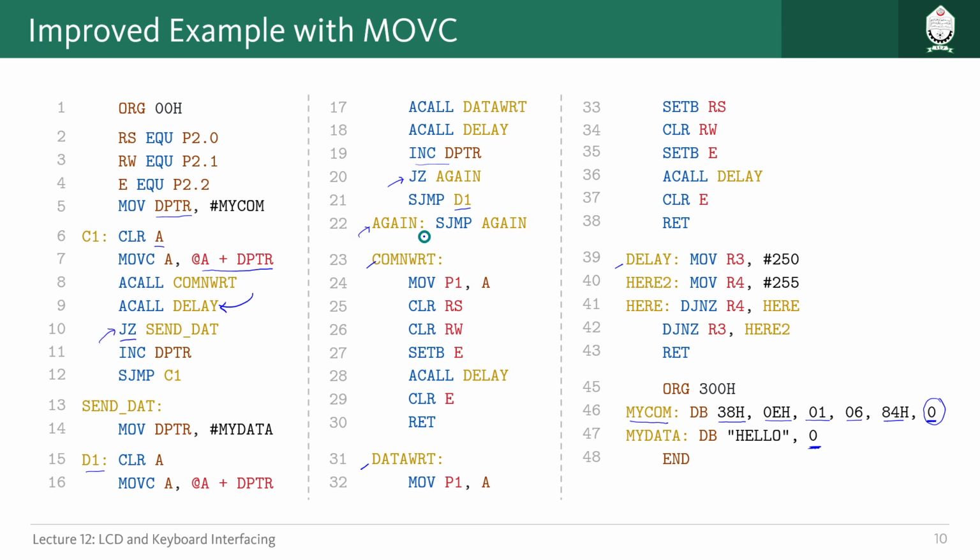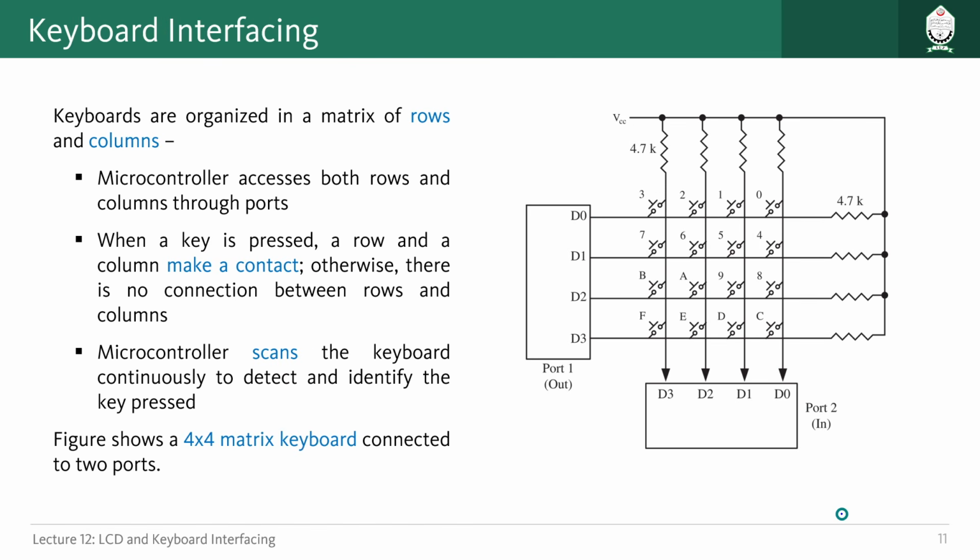So this is basically an infinite loop. So whatever we have tried to do, write the characters onto the display, if that is done, we can just be here in this infinite loop and display whatever we want to display onto the LCD, right? So that's how we can improve the code for displaying different characters onto LCD. All of our discussions regarding LCD interfacing is complete, so we can move on to the next topic, which is